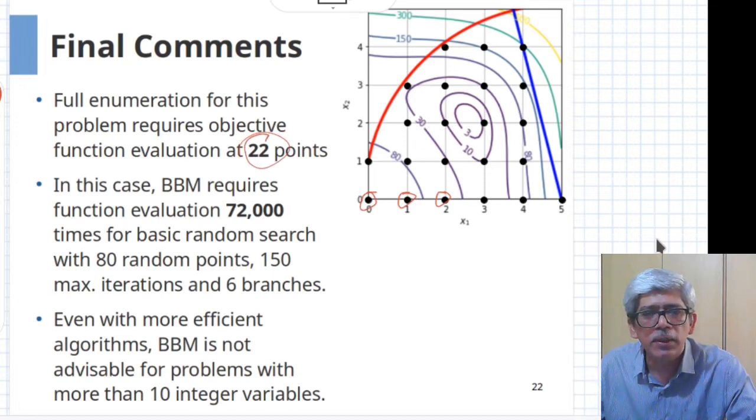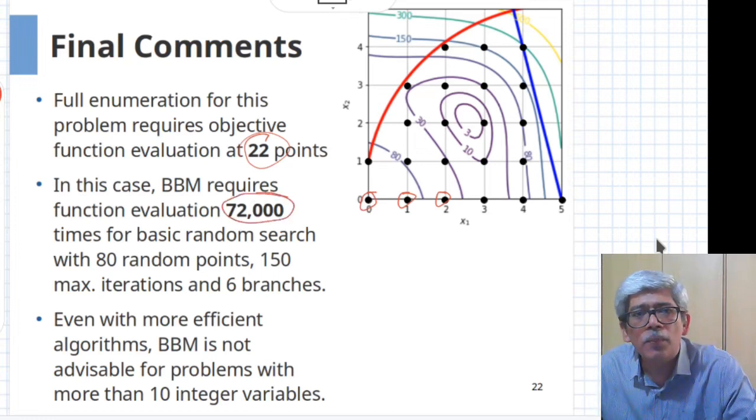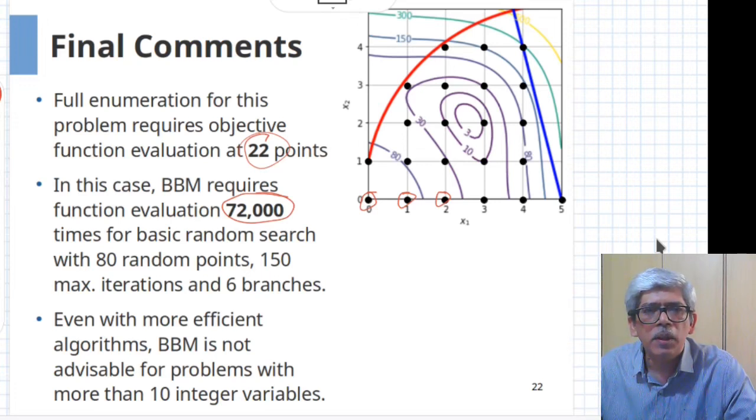Whereas by using the random search method and branch and bound method, I need to do 72,000 computations. So that's a very interesting insight. The branch and bound method, in general, would involve a larger number of computations for a specific class of problem. For this particular class of problem, the branch and bound method will not work, in the sense that it is not advisable to use it because of the nature of the problem. Some other method, in fact the exhaustive search method, which is in general avoided, can be a better solution in this case.